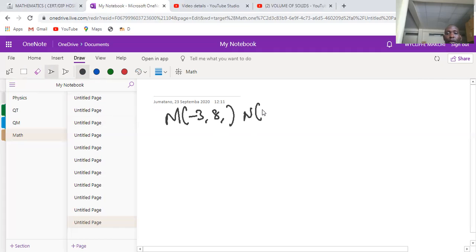N is maybe (4, -4). Those are the coordinates. Then the gradient is going to be change in y, which is -4 minus 8,